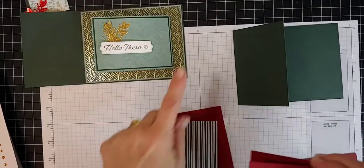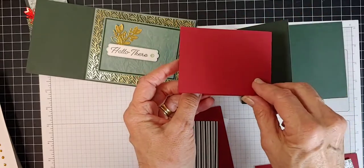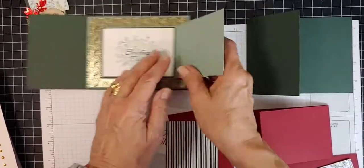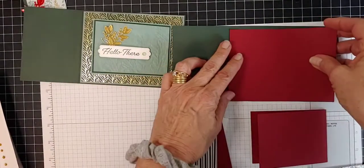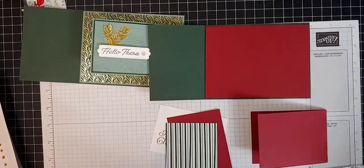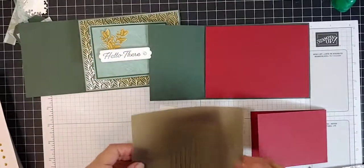Then this one, our next card base, I'm doing with the Cherry Cobbler, and this is the one that actually opens this way, and it is 8 inches by 3 inches, and it is scored at 4. So we are going to start with our large card base first. So I've got my Cherry Cobbler layer right here, and we're going to call it our cardstock mat for this piece. So let me get my favorite adhesive, my green glue, and let me get my silicone mat,